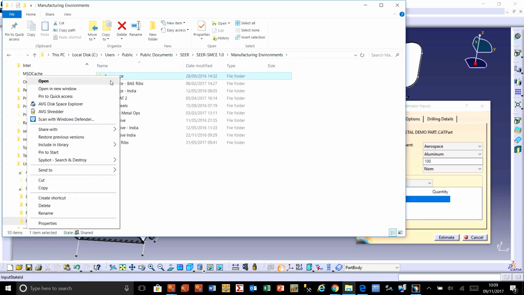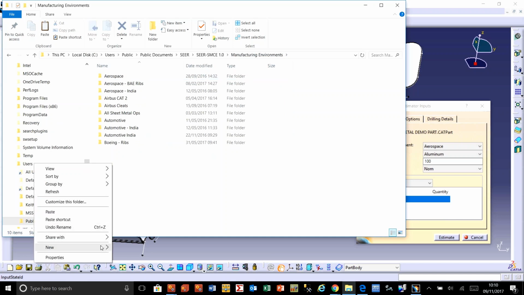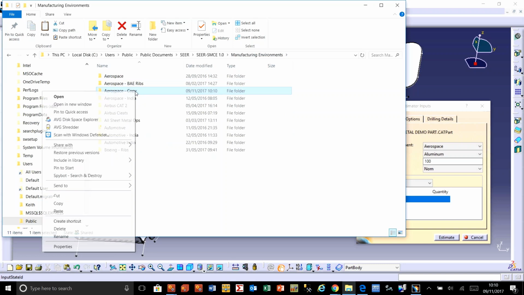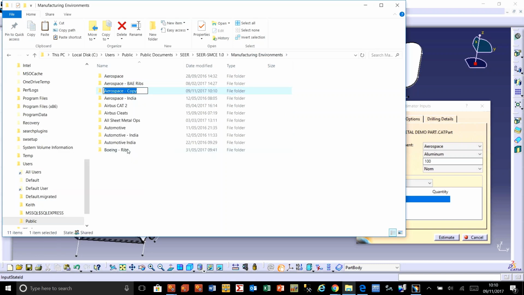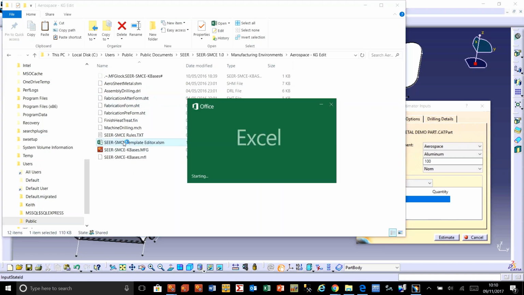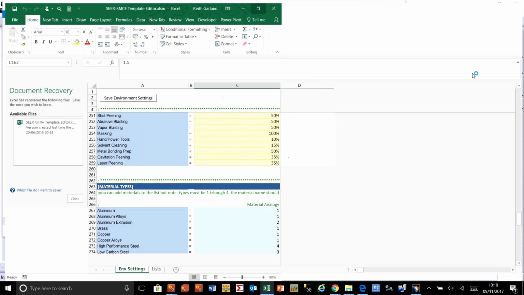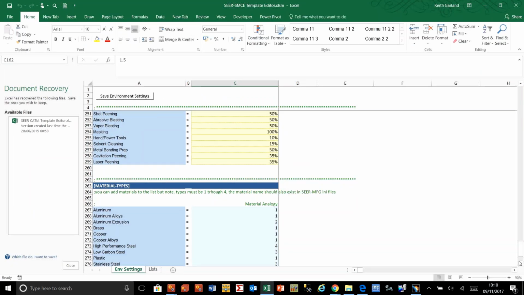Manufacturing, I'll take that one, I'm going to copy it, I'm going to paste, right click, rename. I edit, so I go in to change that, I open the first file, which is the rules, and I'll maximize that. So if I come to the top,